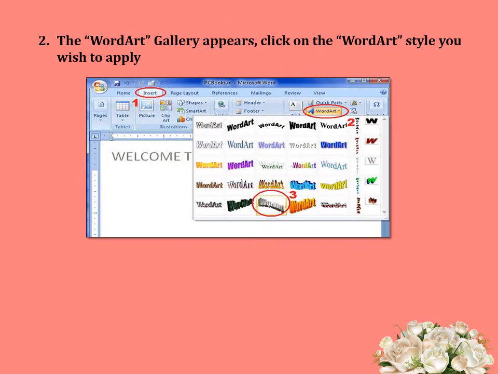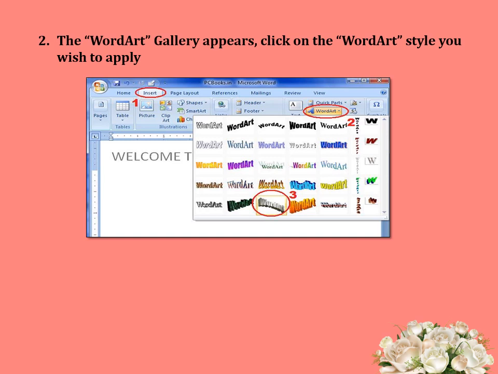As you click on the Word Art button, the Word Art gallery appears. The first circle is the Insert tab. The second circle is the Word Art button. As you click on the second button, the Word Art gallery appears. In the image below there is a gallery which is opened up.